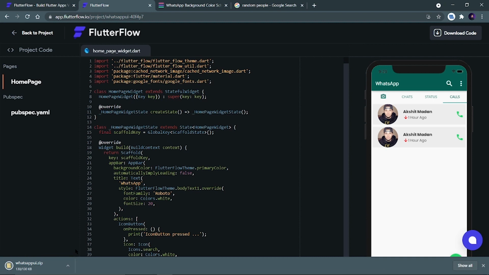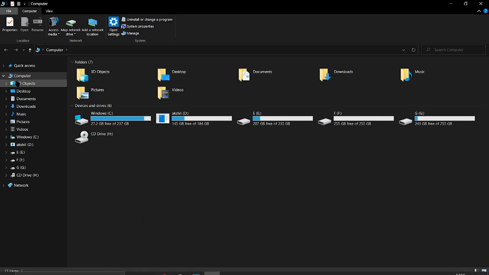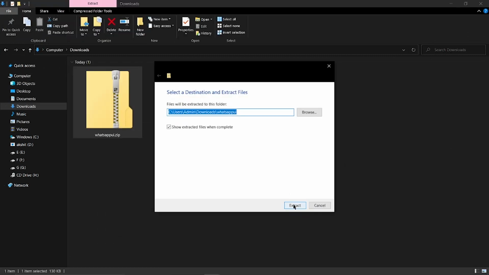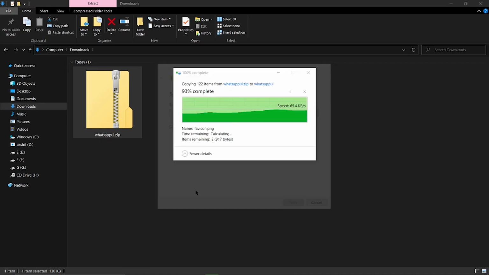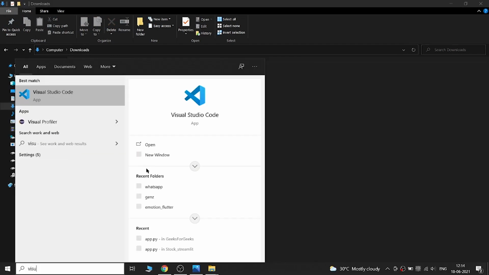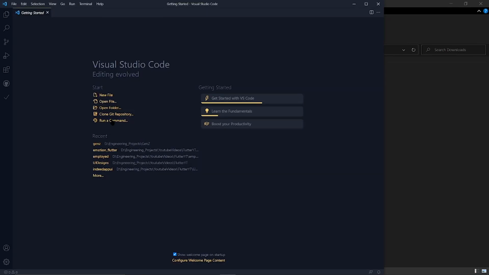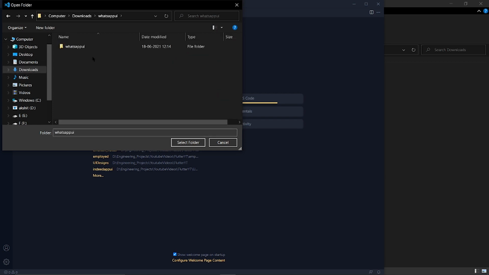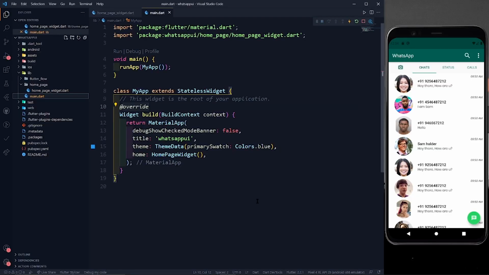My code is downloaded in compressed format, so I'll go to my downloads folder and extract it over here only. Then I can open my Visual Studio Code. Let's open this folder. Open folder, go to downloads, select this folder.